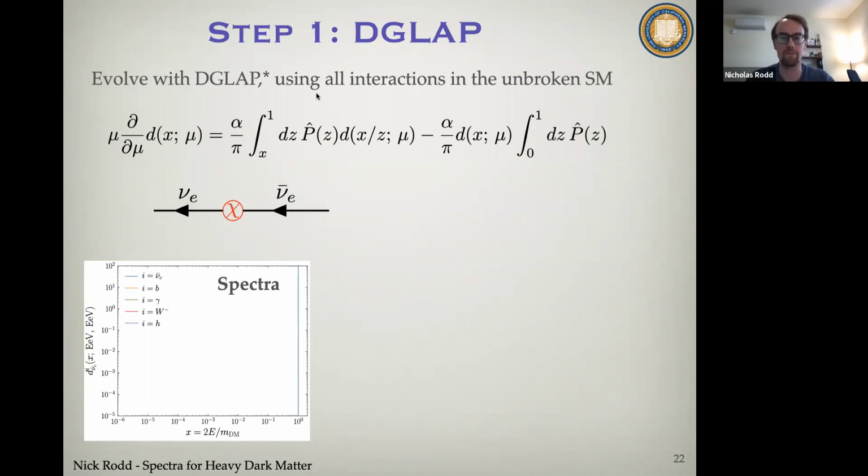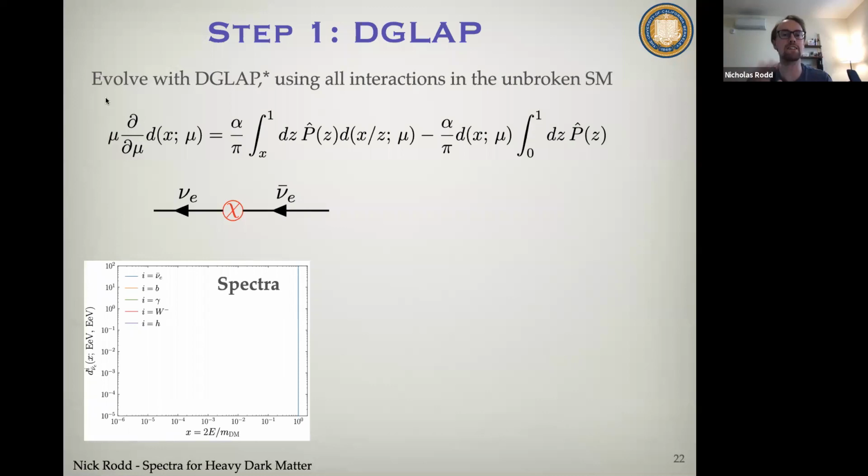splitting could occur. One way, however, you could lose something from your fragmentation function here is if you had some state and it had any splitting at all, well, then it's going to have fallen out. And so that's the second correction here. And because the probability for any splitting at all by unitarity is linked to the virtual corrections, these are often called the real and virtual contributions to the DGLAP equation. But it's a pretty simple picture for what the evolution is actually doing.